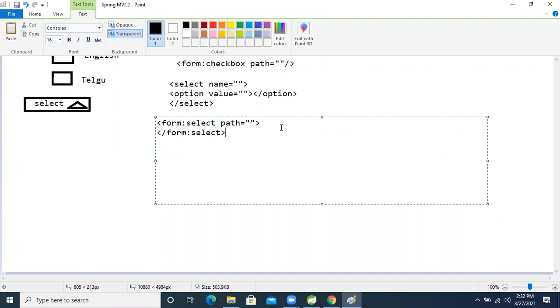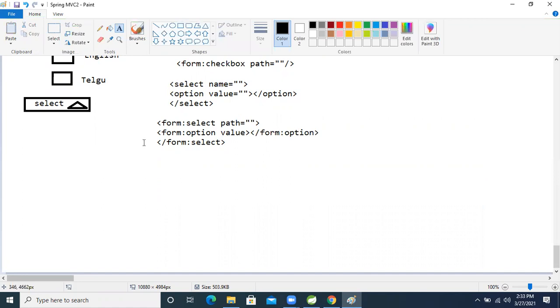Inside that we give the options: form colon option, then value, and close form colon option. This is the STL style of writing any form, such as drop-down buttons.